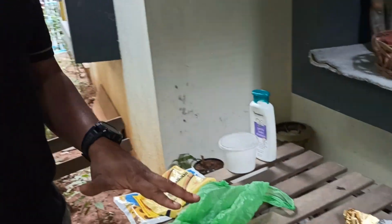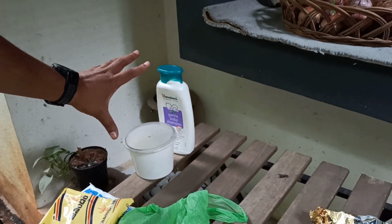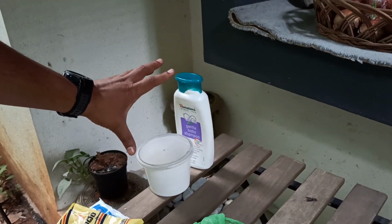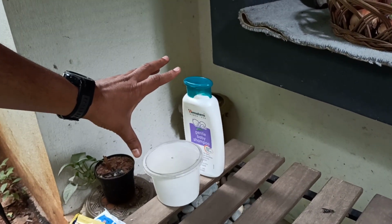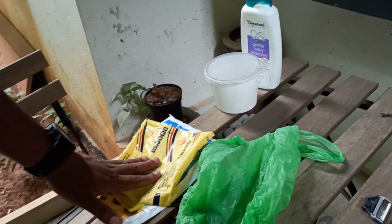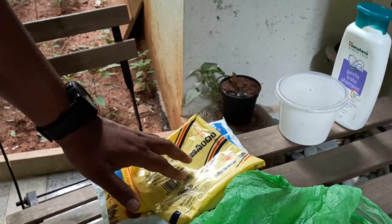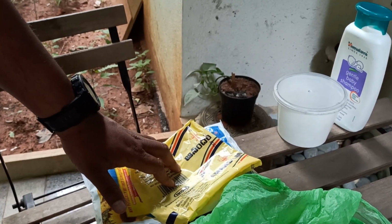So, the first part is the awareness. Awareness in the sense of what kind of waste is generated and how to deal with it. For instance, here I have put across some of the waste generated in our house. These are valuable wastes which generate instant commercial value for you if they are stored and then disposed properly. These are recyclables which when given to the right place get into the recycling machinery the system has put in